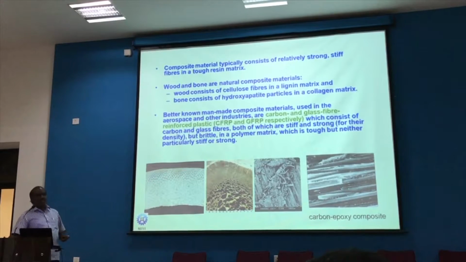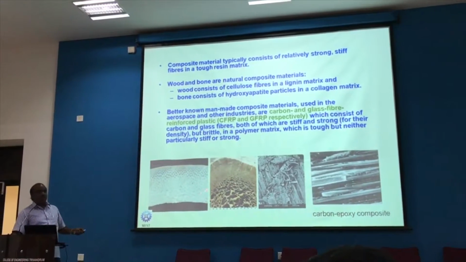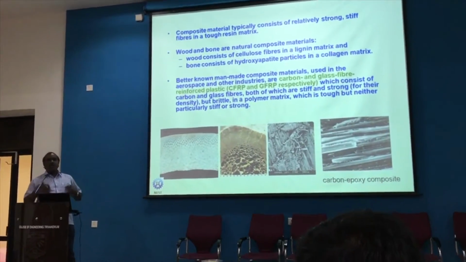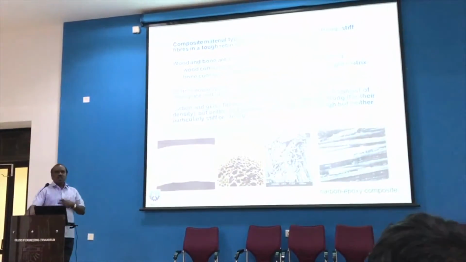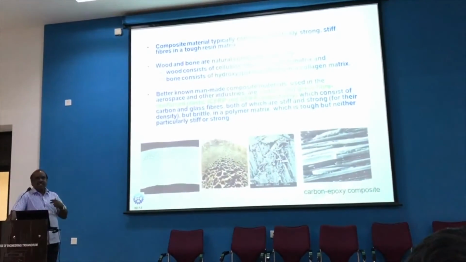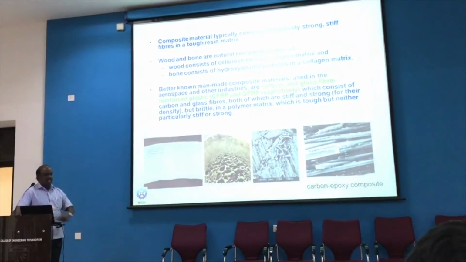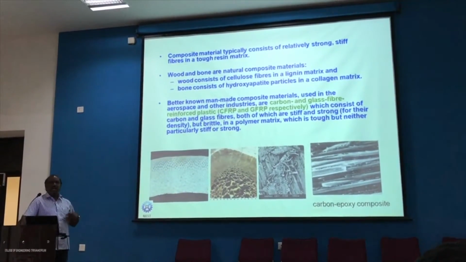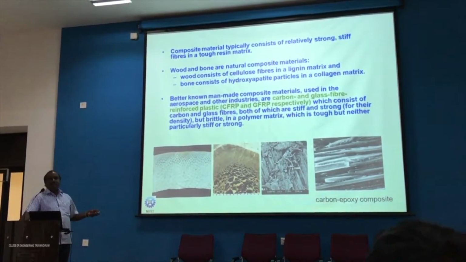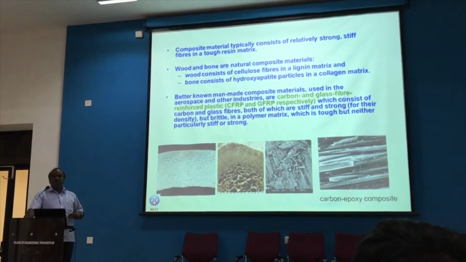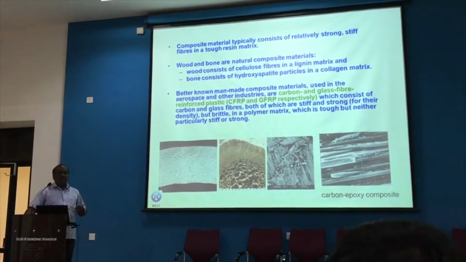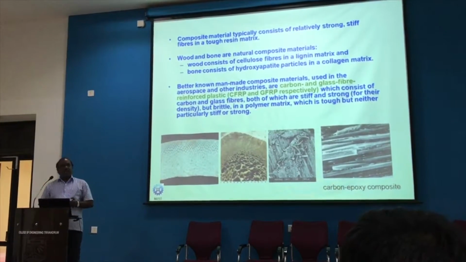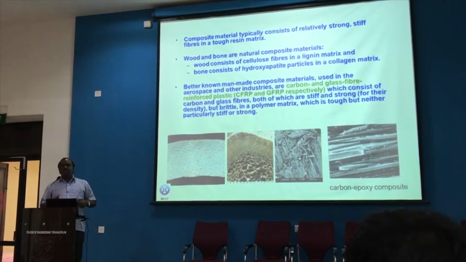So this is a multi-function role, and we can have these types of materials as functionally graded. It's also a composite as well as a functionally graded material which occurs in nature. Even if you take the whole body structure, imagine that you remove all the bones. We would just lie flat, and all these bones act as the reinforcement. So we can even say that the body itself is a ceramic reinforced organic composite. Organic means the skin, the body fluids, everything is made of different types of organic materials, and the bone itself is a ceramic material.